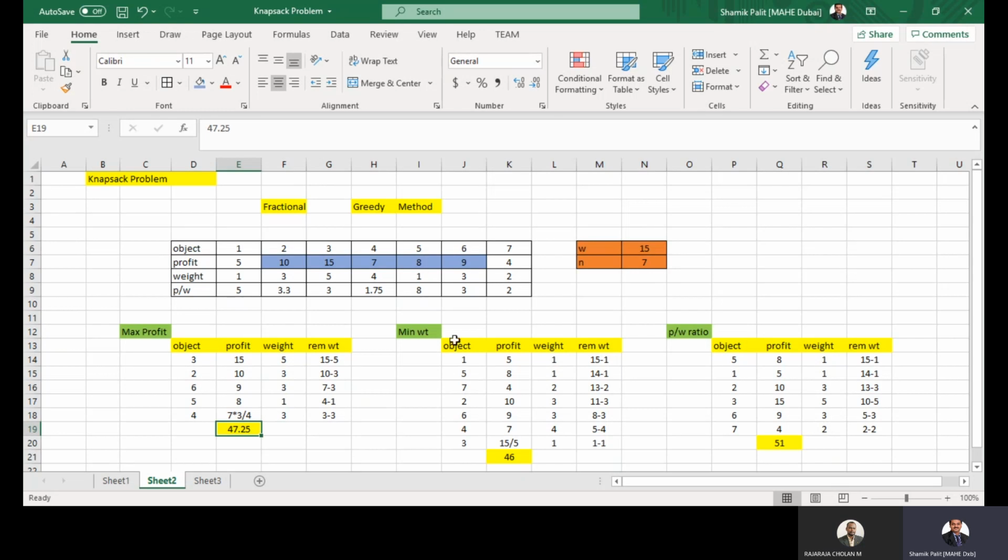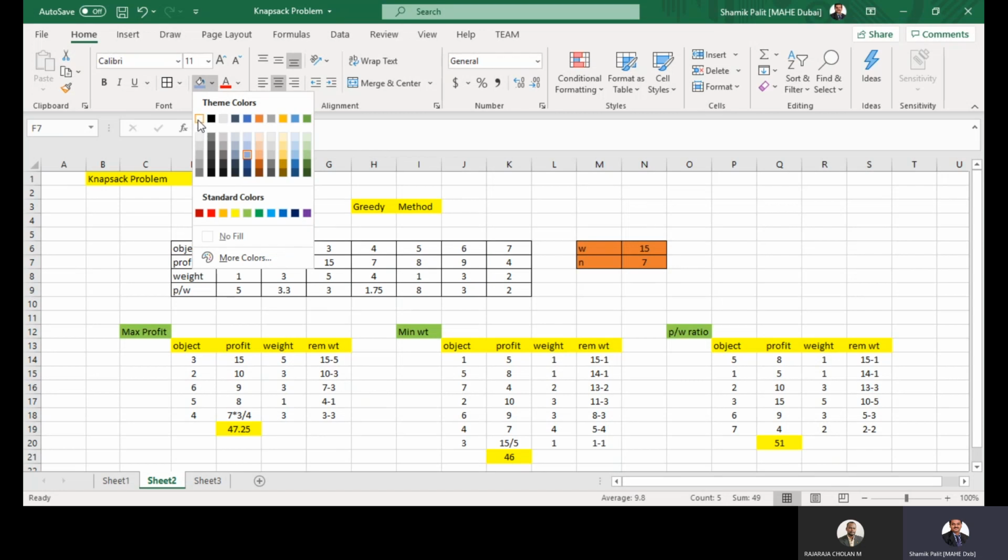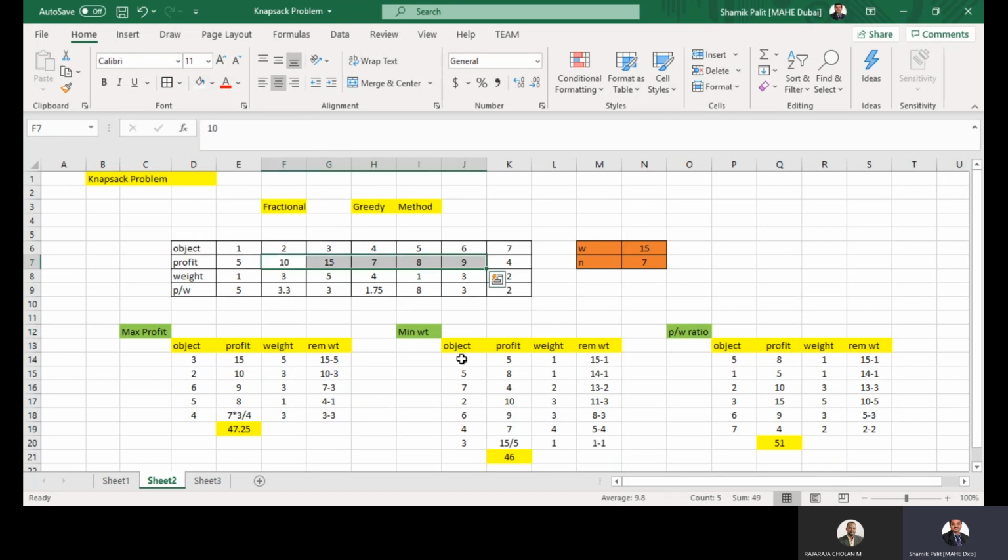Now we will go through the next approach, that is taking the minimum weight. So instead of taking the maximum profit, let's take the minimum weight and see how we can measure the corresponding profit. The strategy will remain the same, but here we will not consider the maximum profit, rather we will consider the minimum weight. So first, we have considered the minimum weight, that is 1. We will just have a look at the weight. See here, this is the weight row. So we have two weights, one is this one, and another is this one.